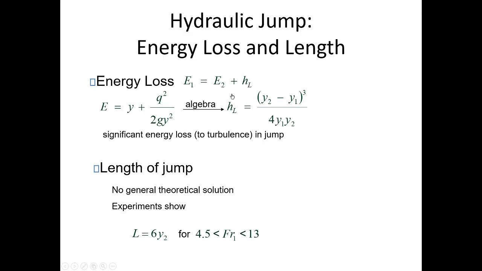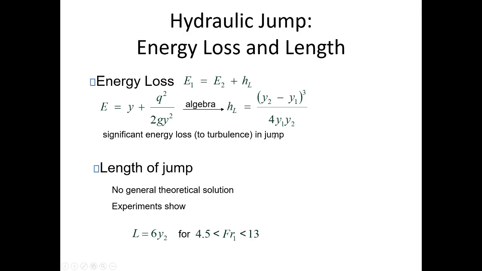in rectangular channels, you can write specific energy as y plus q squared over 2gy squared. And if you do some algebra, you can find HL. This is E for E1 and E2. Repeat this formula, HL in terms of y1 and y2. The proof of this equation is something that I want you to do at home and check if the formula is true or not. Anyway, this is true, which shows head losses at a hydraulic jump